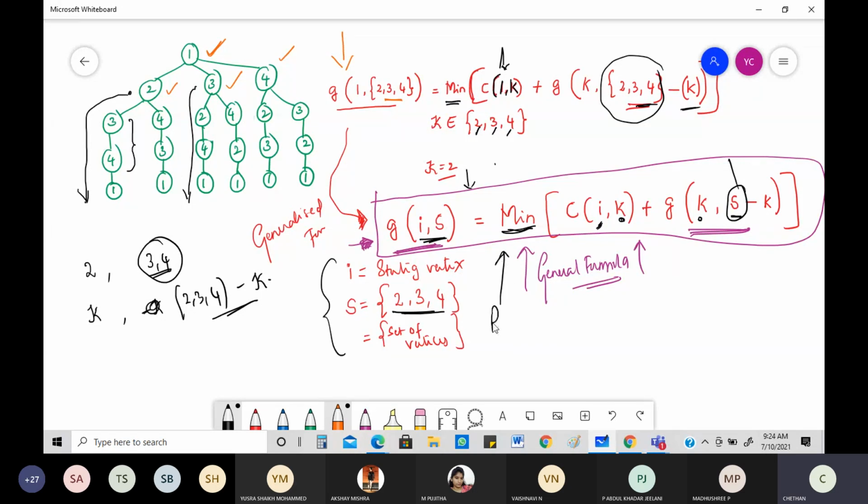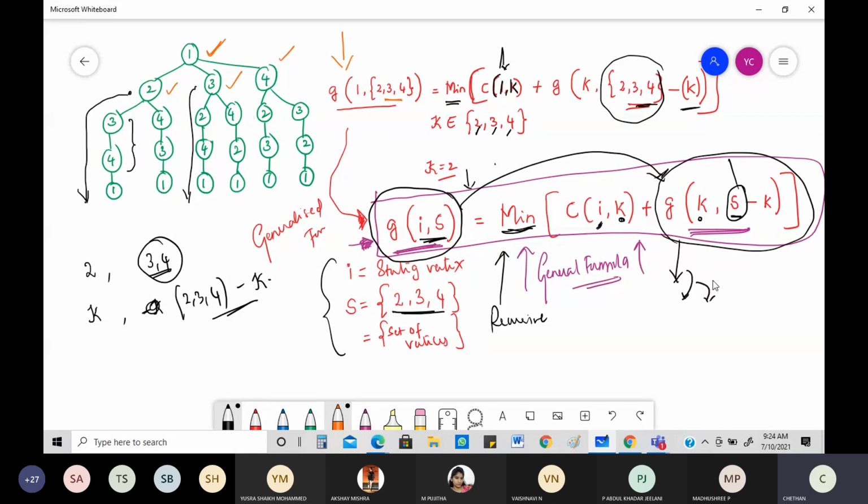You see, this is more of a recursive formula. Now, what is the meaning of a recursive formula? You're figuring out the cost of this, and again the same thing is coming right here. Again, the function is calling this one, and this will keep on happening. Again, this will call the next one, again the next one, like this. It will keep on happening till you reach the dead end. What is the dead end? You reach this place. See this place. Till there, it will keep on.